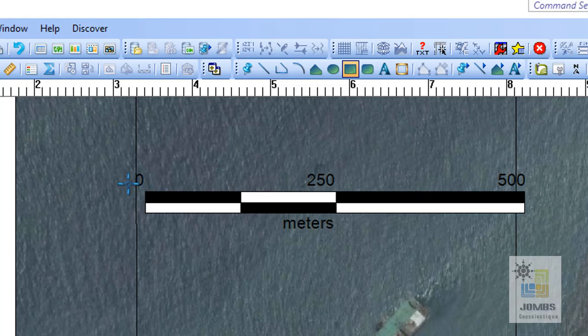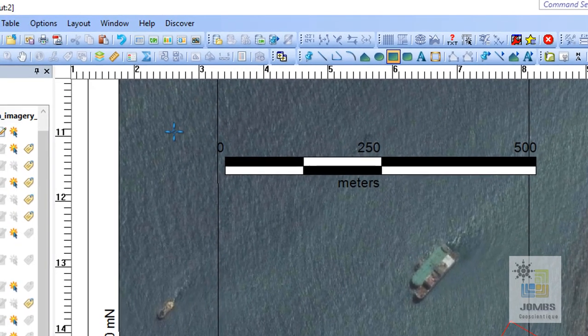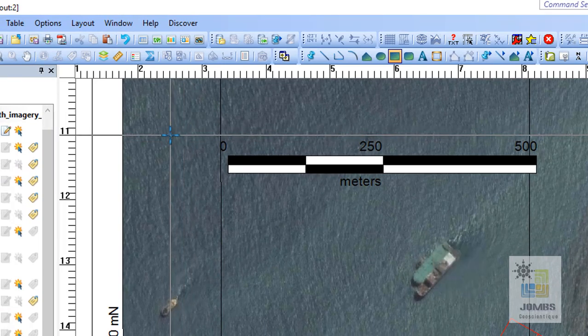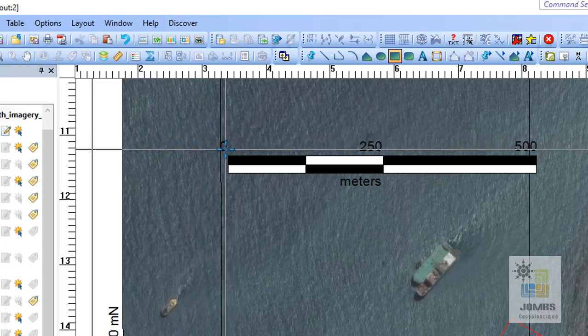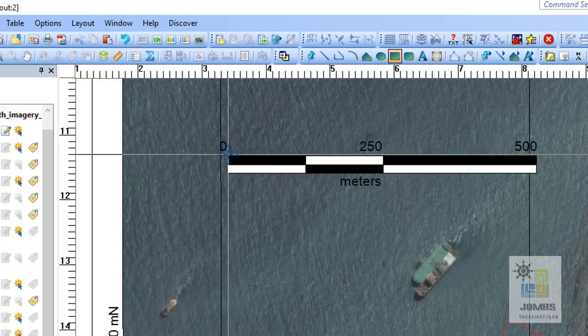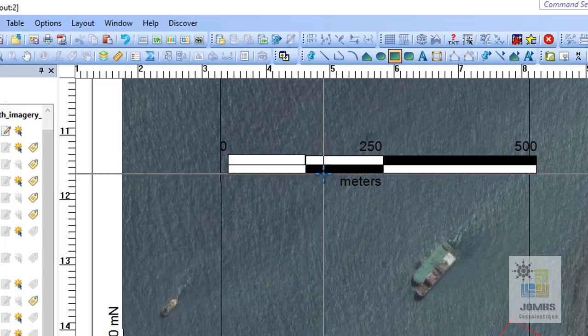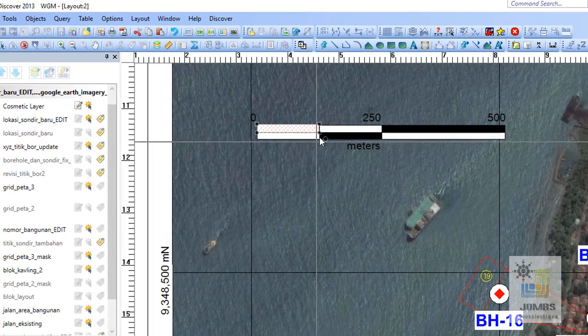and then trace one of the rectangles of the scale bar. In order to draw a rectangle more easily, I would like to activate the crosshair by pressing C on the keyboard. When I press C, the crosshair is active, so it looks easier to retrace the object. For example, I want to put a rectangle on this top black rectangle. Okay, overlay it. It may not be precise in terms of size, but it's okay because we can